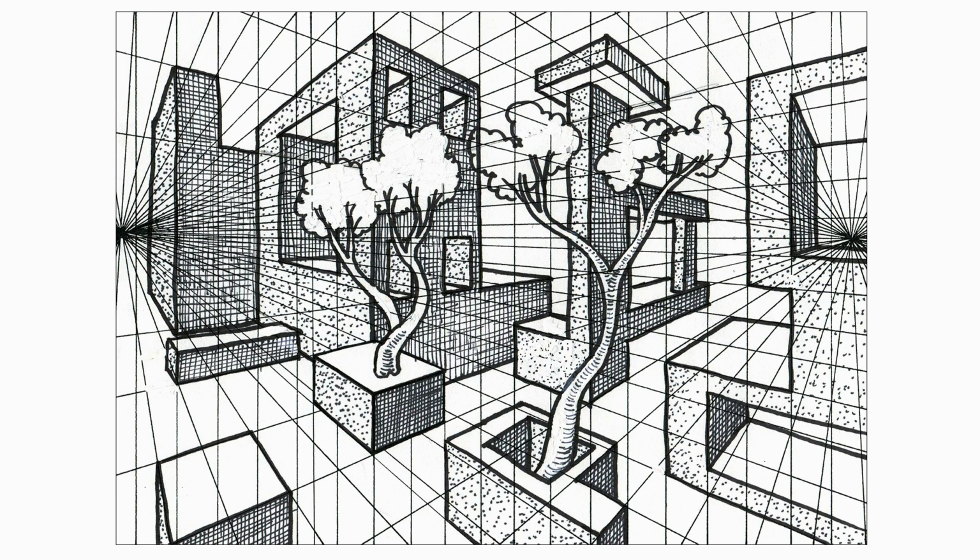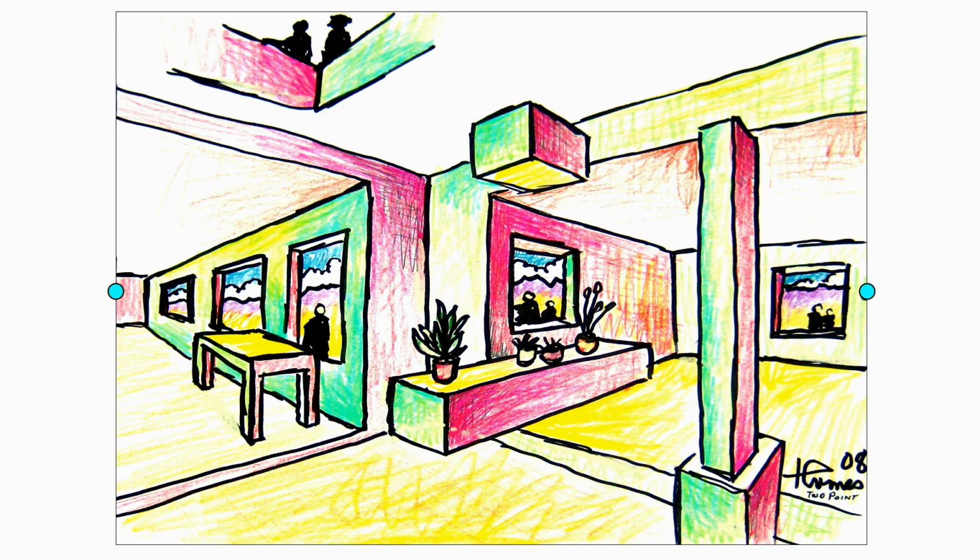So this is an example of an exterior where the same thing applies. A lot of times in my drawings I like to add a little nature just to make you aware that these can all be complete environments that are wrapped around you, and adding a tree helps that. Here's one that's colored in a little bit so you can see it's projecting toward the two different vanishing points on the outside, and then one set up and down. So lots of things can be done with that.